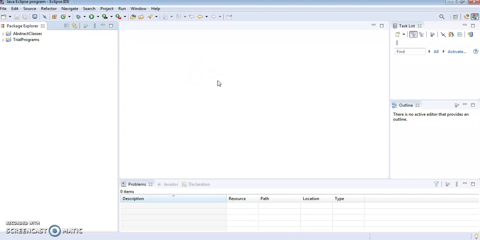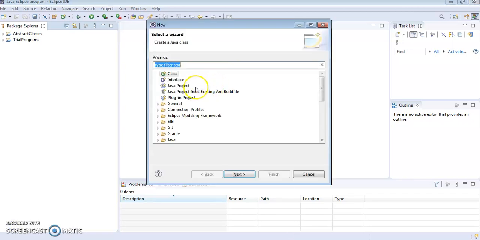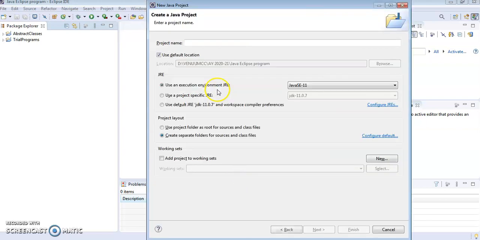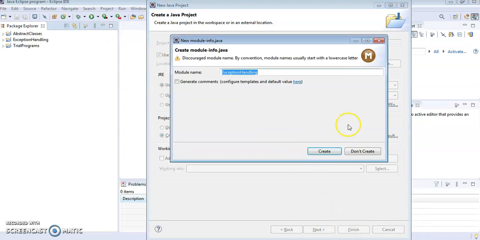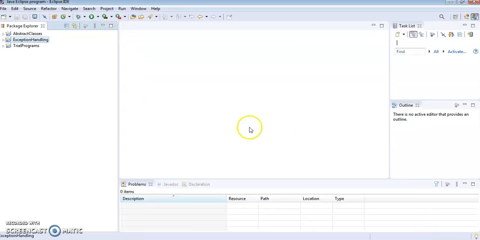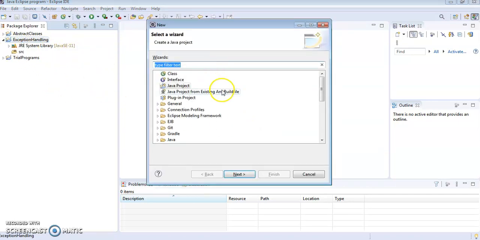We'll create a new project for this. We'll give the project name as exception handling. Click on finish. Now under this exception handling, we'll create a new class.